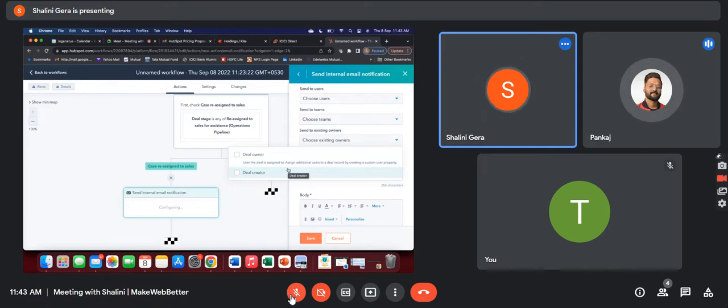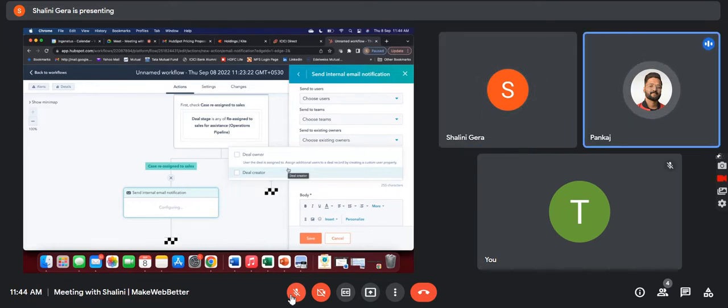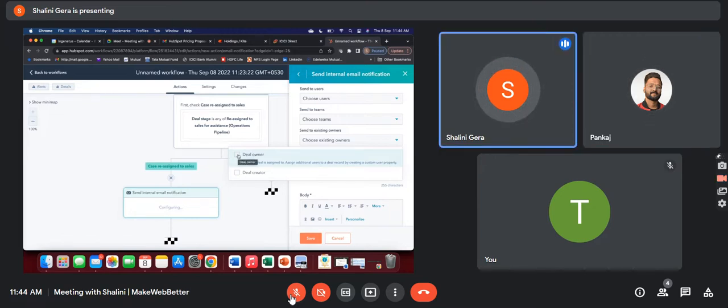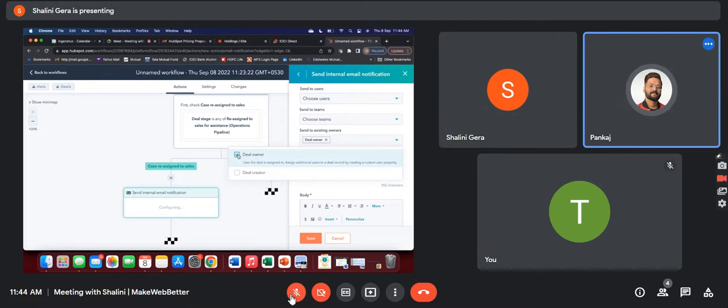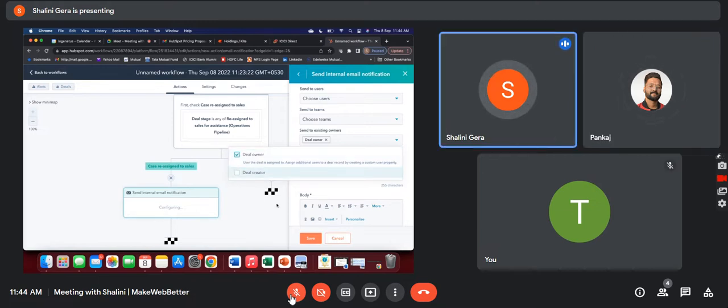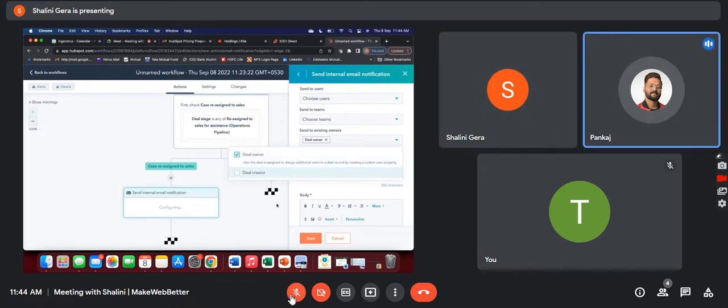नहीं नहीं, डिस्क्रिप्शन कोई मैटर नहीं करता है, वो जस्ट एक प्रॉपर्टी का डिस्क्रिप्शन है। आप डिस्क्रिप्शन भूल ही जाइए। ठीक है, देखिए, डील ओनर इज द पर्सन हु डील क्रिएटेड, इज दैट राइट? यस यस। आर यू श्योर अबाउट दैट? ठीक है, एक बार इसको टेस्ट करके देख लेते हैं। आई एम श्योर अबाउट दैट।